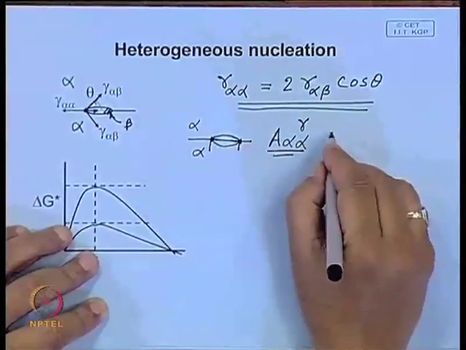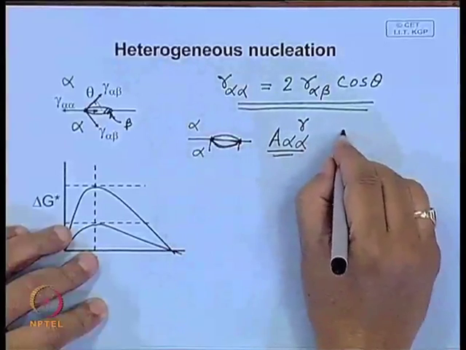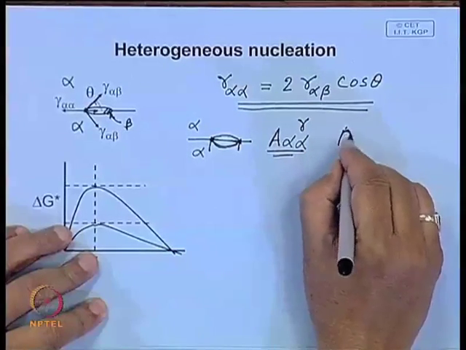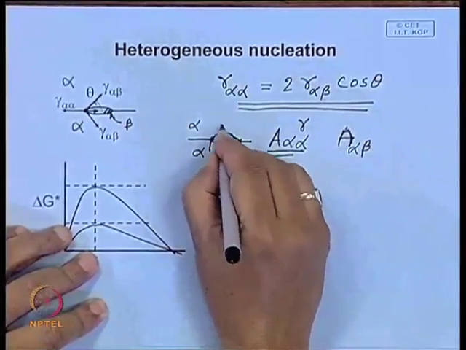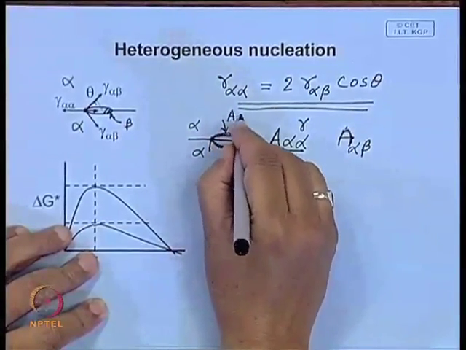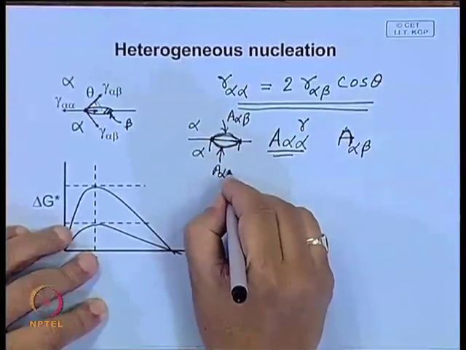In its place, what do we have? We have a certain amount of A alpha beta created. So, this is one A alpha beta, this is the other A alpha beta,